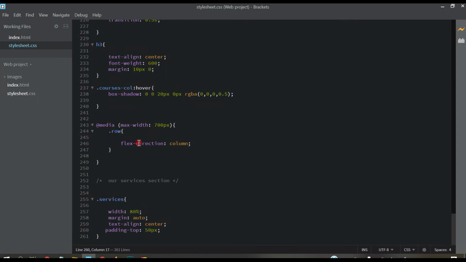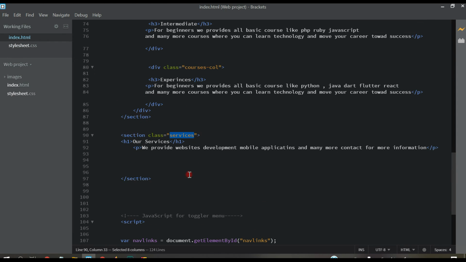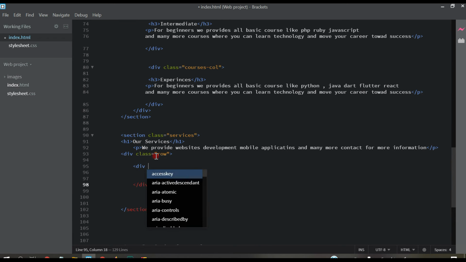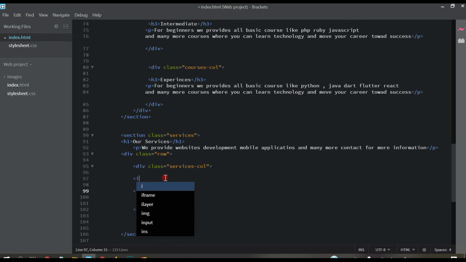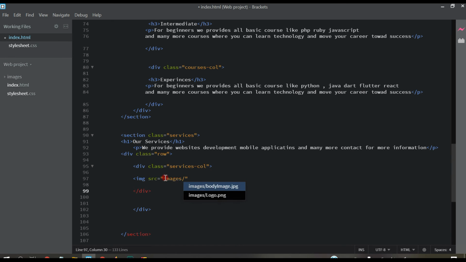So come to the HTML file, and here we have to write a div with class row, and inside this row we have to create one div with class services call, and then inside this we have to put one image, img source images.